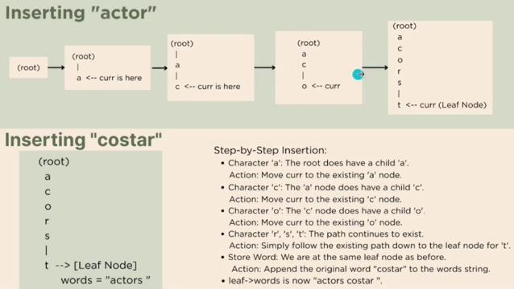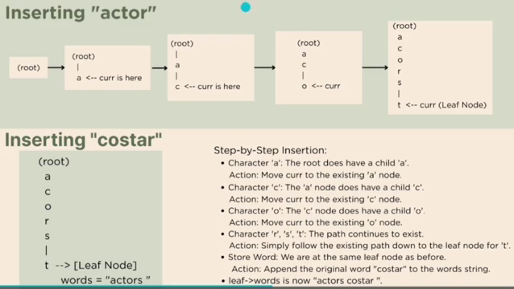Here A, then C, then O, R, S, T. And while inserting coaster, the path already exists. When we insert A, the root already has child A, and then the current is on A. While inserting C, the A node has its child C, so the current is moved to C. While inserting O, C has its child O, so current is on O. Same as last. And at last, we append the original word coaster in the word string, and the leaf has two words,